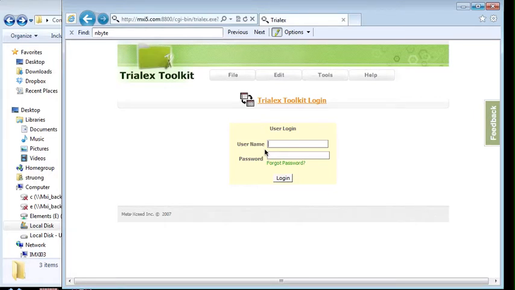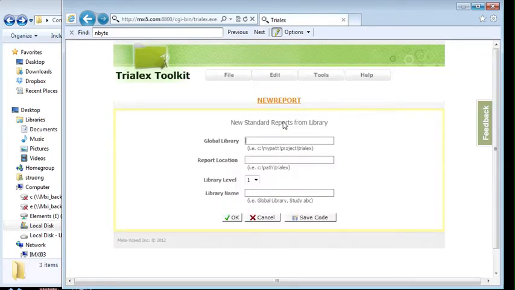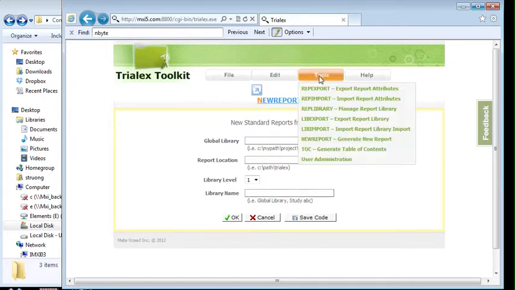This tutorial will show you how to use some of the Trialex macros through a web interface. So let me go ahead and log in and show you how to do that. It defaults to the new report macro, but let me go ahead and create a new global library, which is